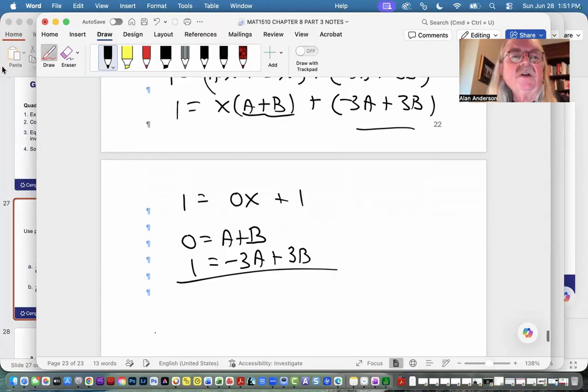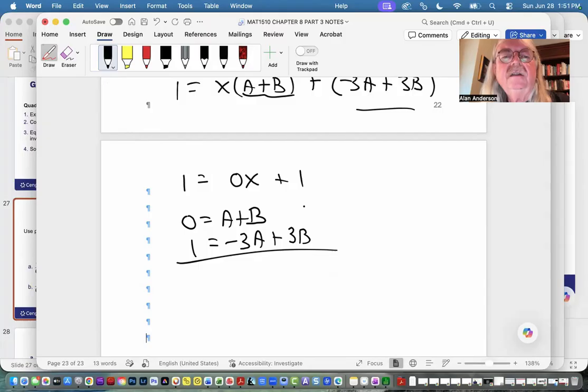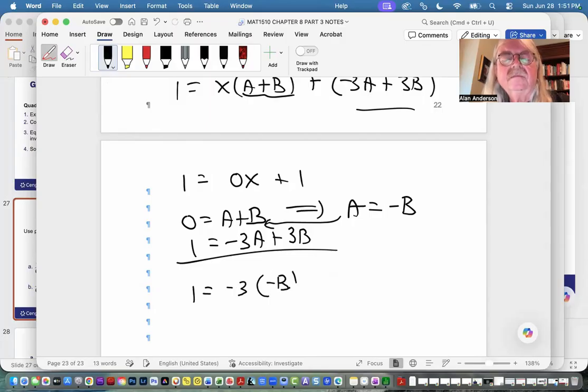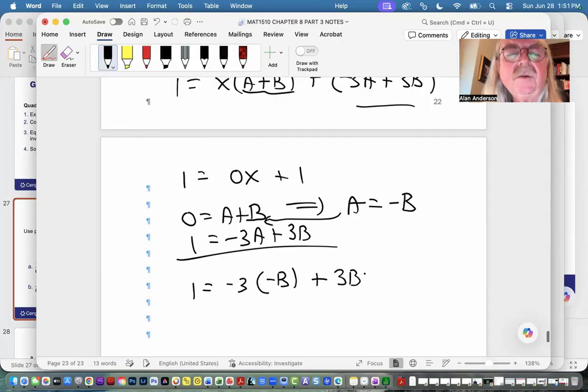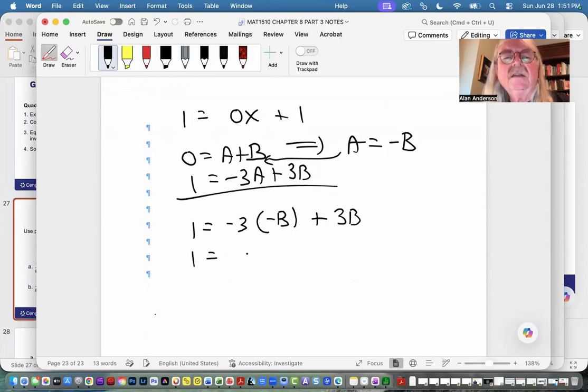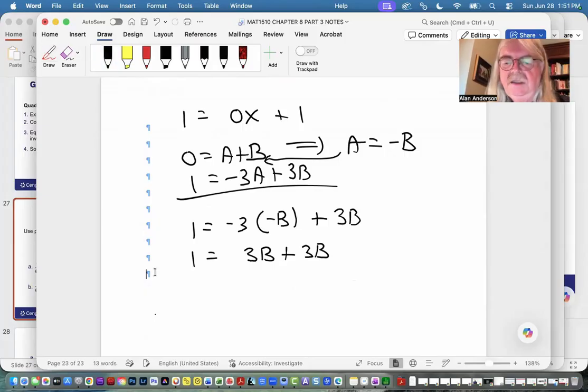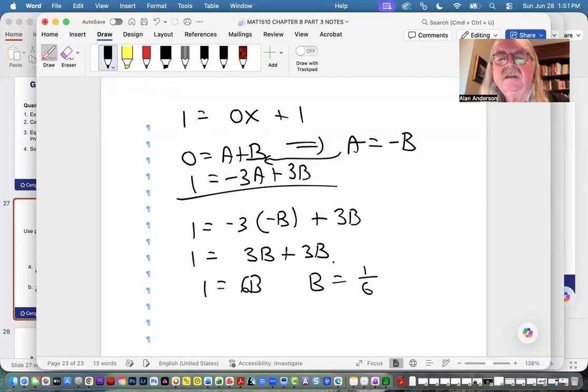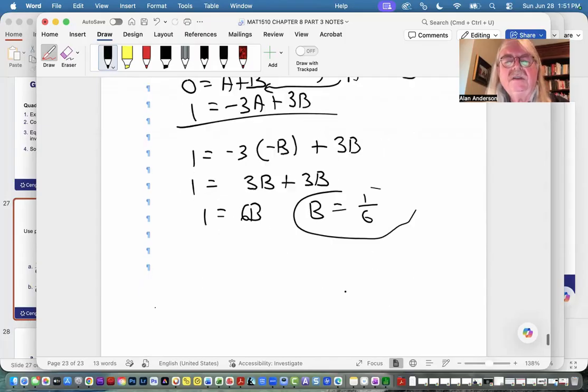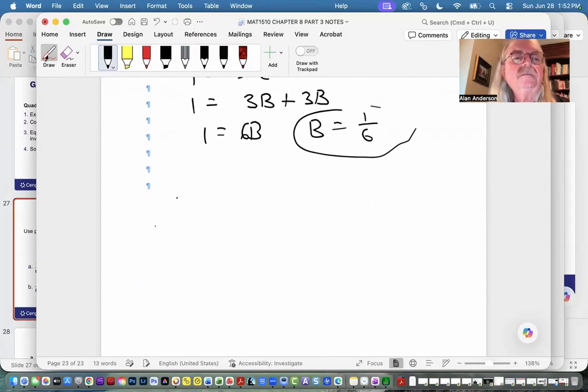So what we should probably do is start with the first equation and rewrite this as A equals minus B and plug that in down here. So we'll end up with 1 equals 3B plus 3B. Okay, 1 equals 6B, which of course means that B equals 1/6. And since A and B add up to 0, that implies